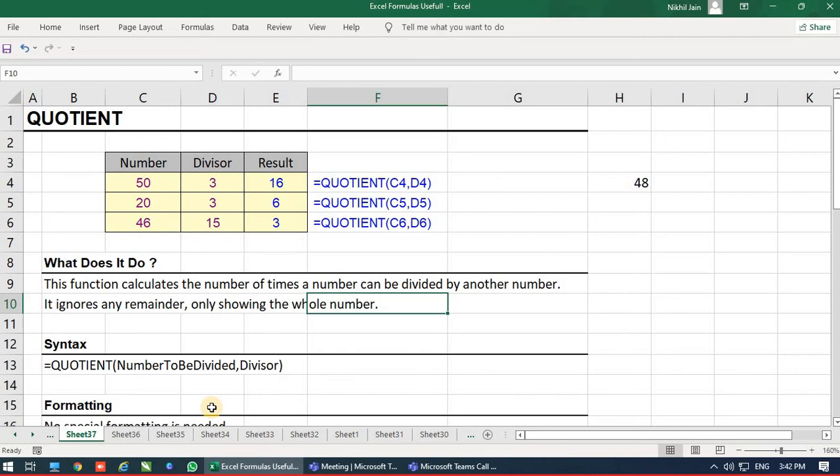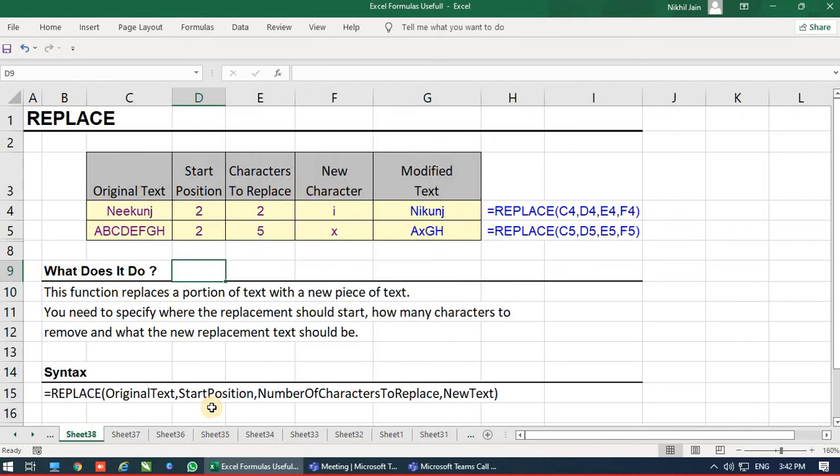Moving to next formula. Next is replace. Very interesting formula. Replace can change a simple text with anything, whatever you type. For example, there are many people who write this spelling like this, Deepika. So there are two double E. Some people write Deepika with single I. So now I want to change this position.